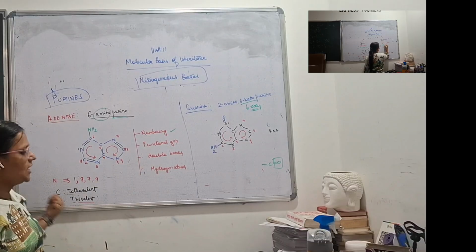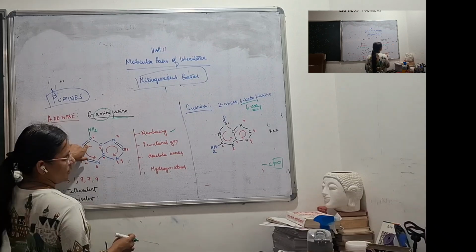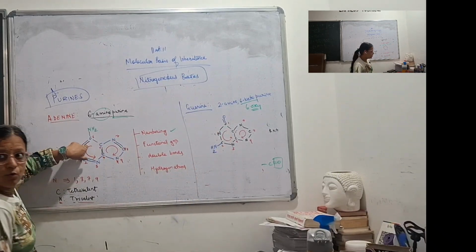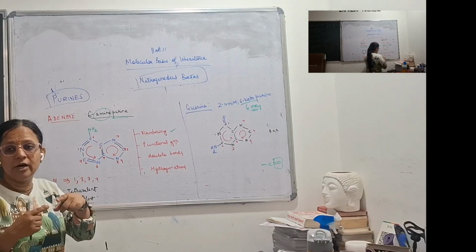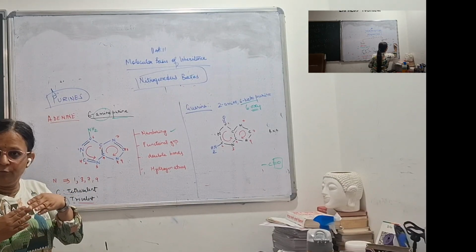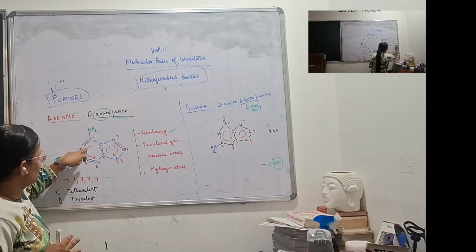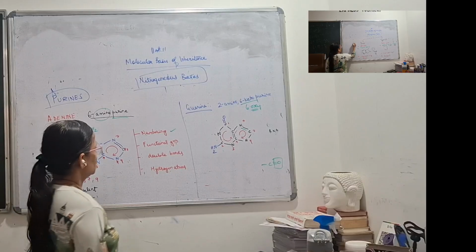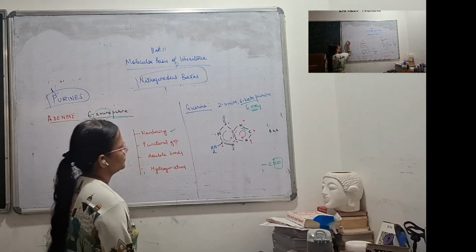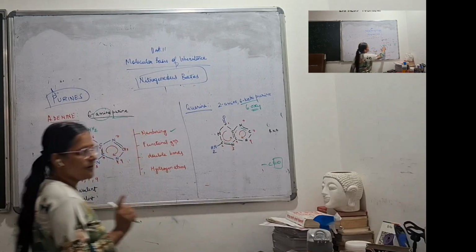Double bonds. Now see how you will put the double bonds. Look here. Now here there is already a double bond. Here we won't get a double bond. Why? Because I am having a double bond at carbon. So you won't have two double bonds lying nearby due to resonance effect. So the double bond which is present here in adenine will shift now. Rest remains the same. Here also you can put a double bond. So here there won't be a double bond. Here you will have, and here you will have a double bond.